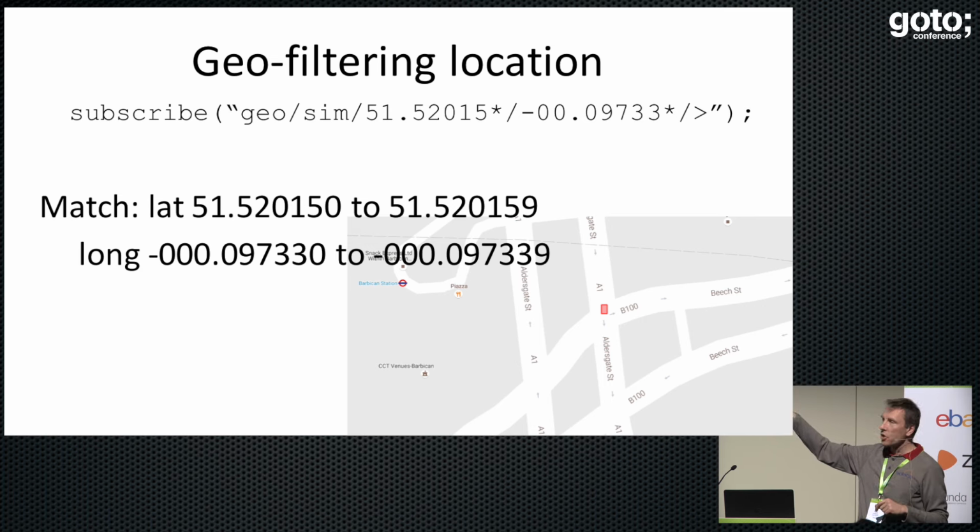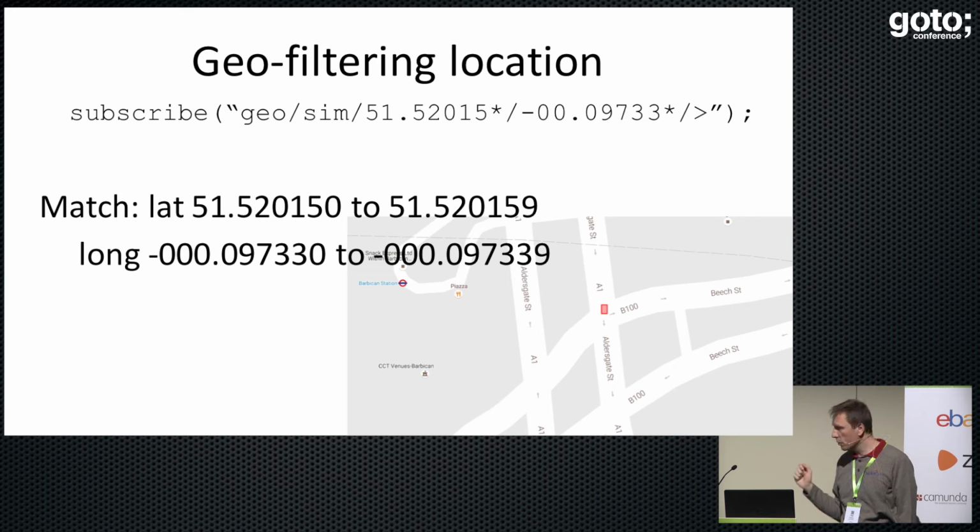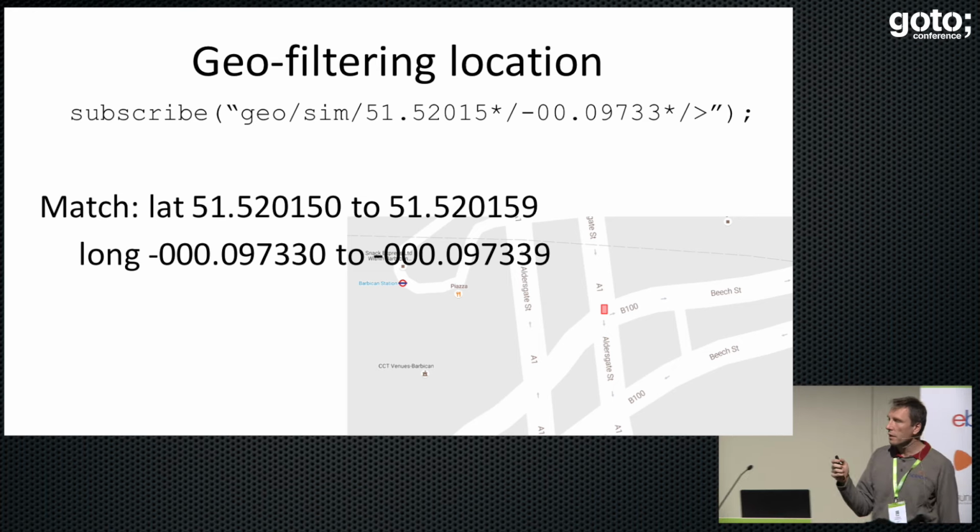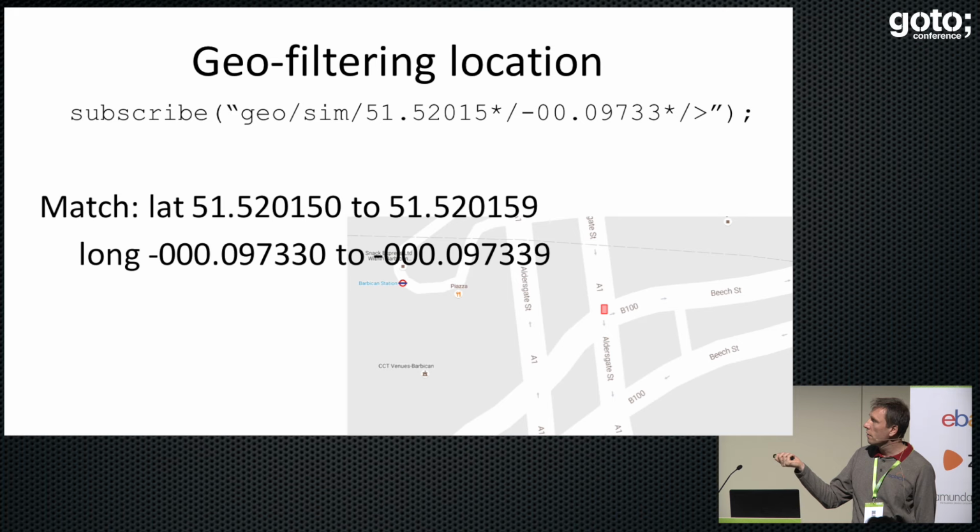If we match part of the location there, let's say we match the least significant digit, what that actually corresponds to is a rectangle on a map. Actually, at the equator it will be a square, but in most cases it's a rectangle, because we're matching everything from, in this case, latitude 5152.015 to 5152.019. And similarly, we can do the same for longitude, and what that gives us is a little rectangle on